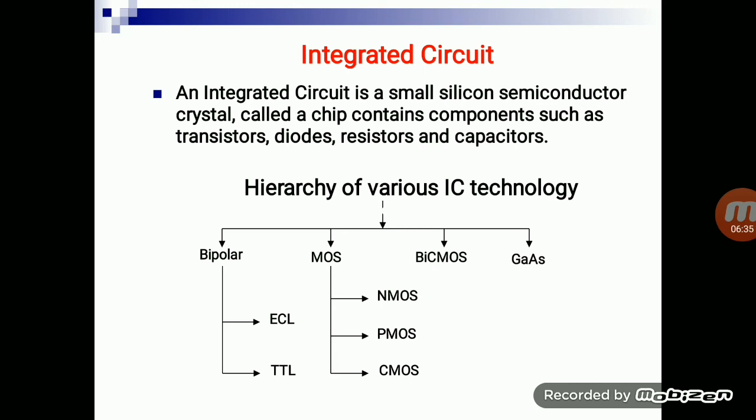Next, the BiCMOS technology. In BiCMOS technology, we can efficiently drive the signal from one IC to another IC. In general, for logic implementation we go for CMOS technology, while for drivers transmitting the signal we prefer BiCMOS technology. These are the major differences between BiCMOS and CMOS. Next, the more advanced version is gallium arsenide, which is used for electronic circuit design implementation. It is very costly to implement, so we generally use either CMOS or BiCMOS technology.